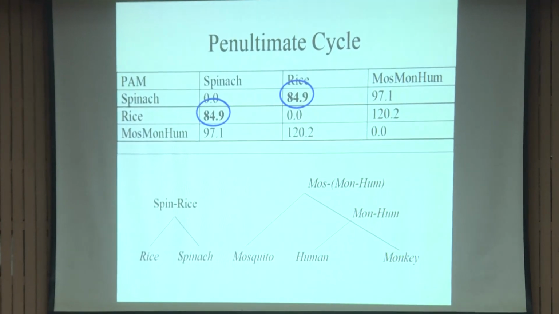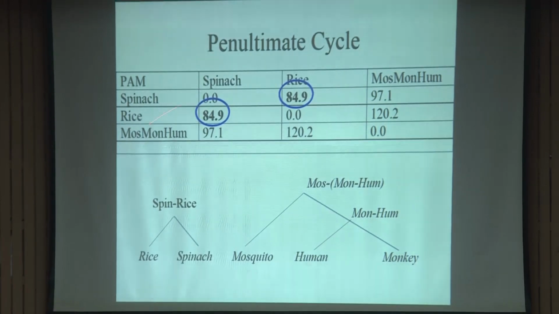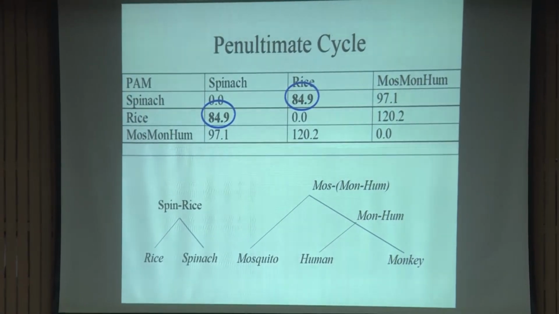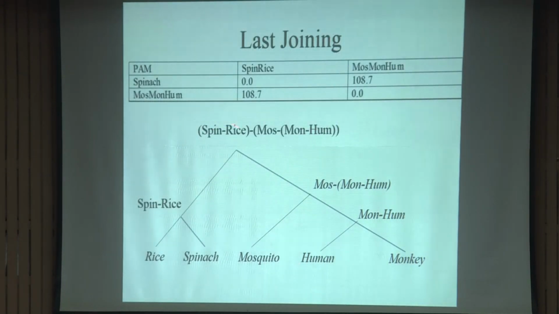So, this is one origin, this is another origin. So, spinach and rice will be one origin, and this will be another origin. Now, they will be put together to form another super group. So, this is one clade, this is a second clade, and these are parallel evolution, and this is divergent evolution like that. So, you can now explain